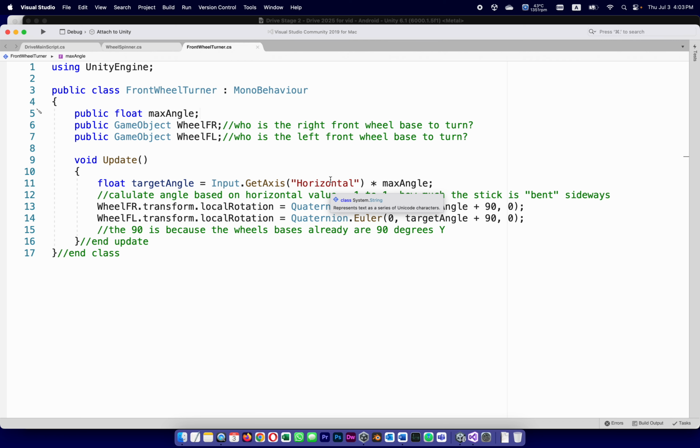If the max angle is 35, then horizontal times max angle is -1 times 35. So it's going to calculate the angle based on the horizontal value from -1 to +1. In other words, how much the stick is being bent sideways, or if this was a real car, how hard am I spinning the steering wheel? And once it finds out,